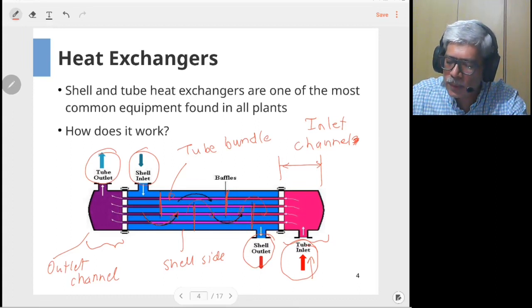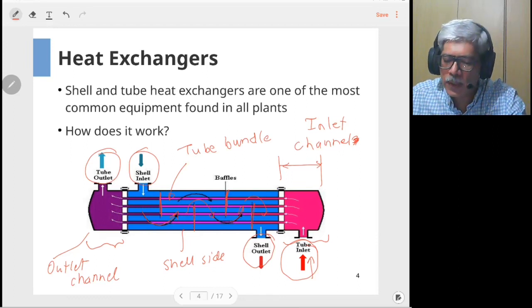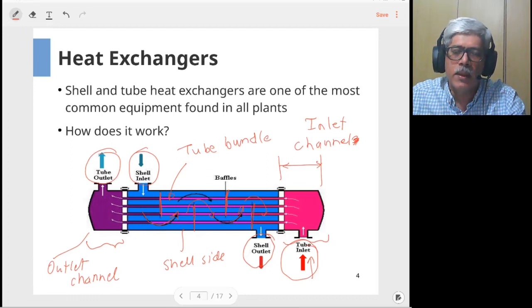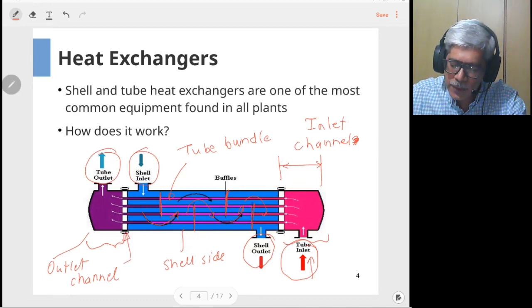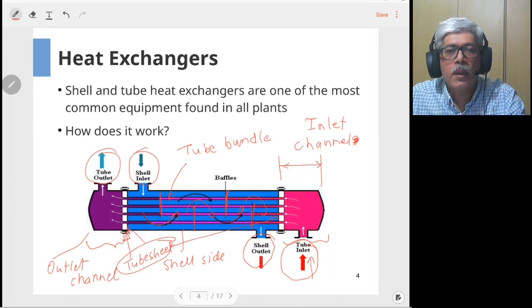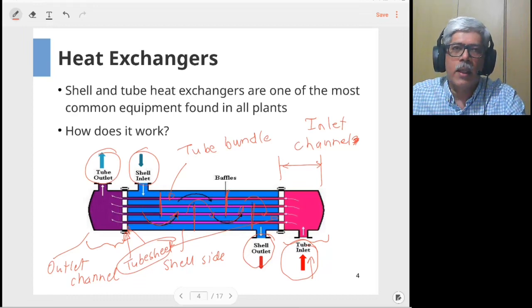So as an example, the flow from inlet to outlet is made to travel in a particular direction so as to maximize the efficiency or effectiveness of the heat exchanger. So these are the essential parts of a heat exchanger. Apart from that, there are tube sheets. So this is also an important component. There is a tube sheet at the inlet and a tube sheet at the outlet. So there are two tube sheets in case of straight tube exchangers, and in case of U tube exchanger there is just one tube sheet. So that is the basic anatomy of heat exchanger.